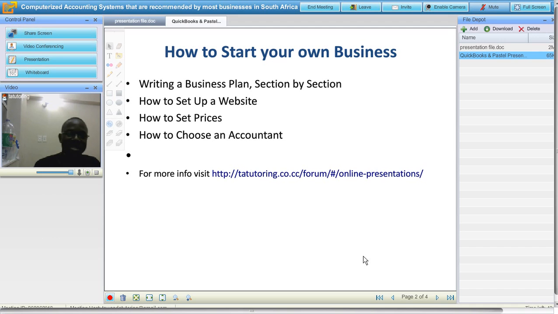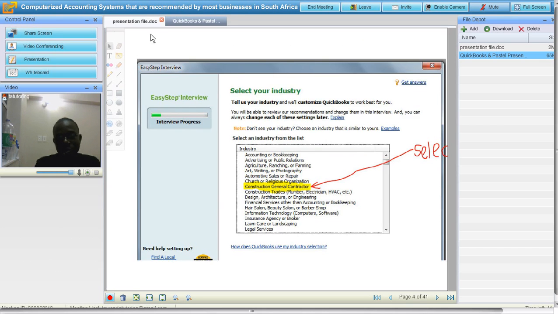As you do your business plan, you decide which industry am I going to be in, what exactly am I going to be doing, what products am I going to be selling or service that I'm going to be selling. So everything that you're going to be setting here should be according to your business plan. So you see, having a business plan is very important.